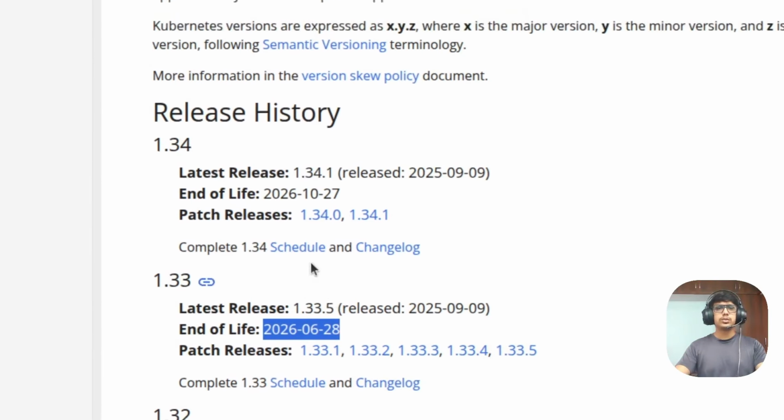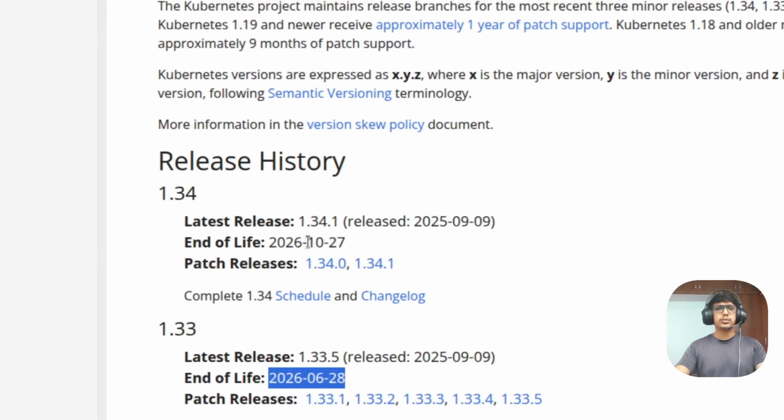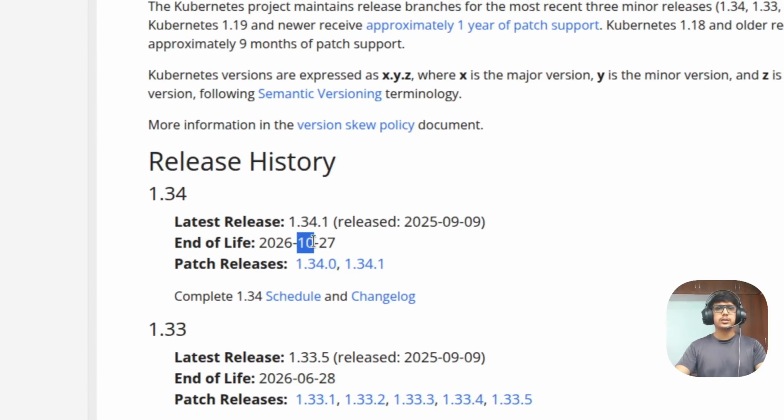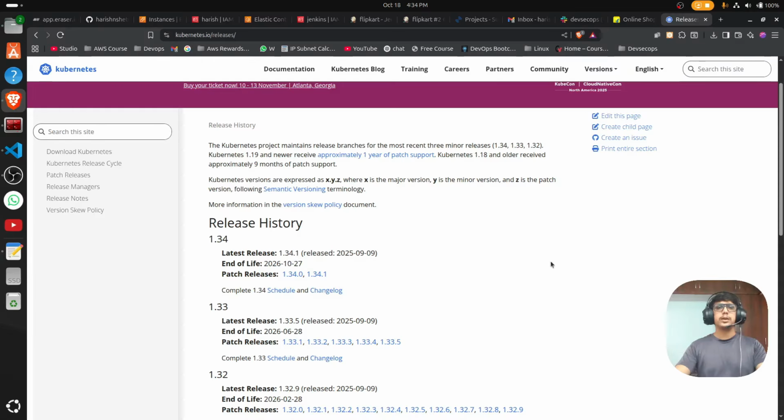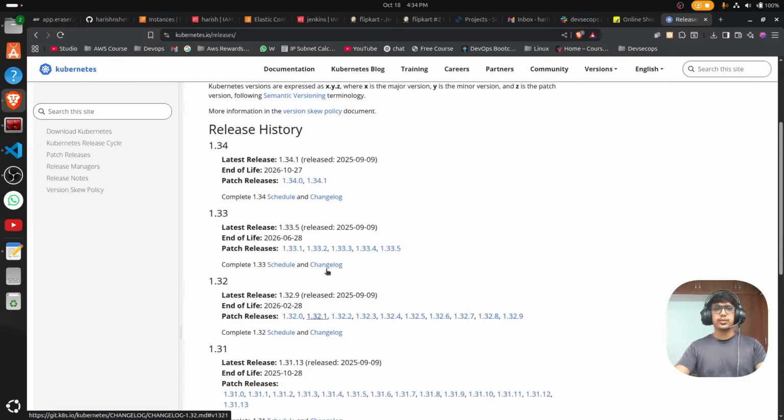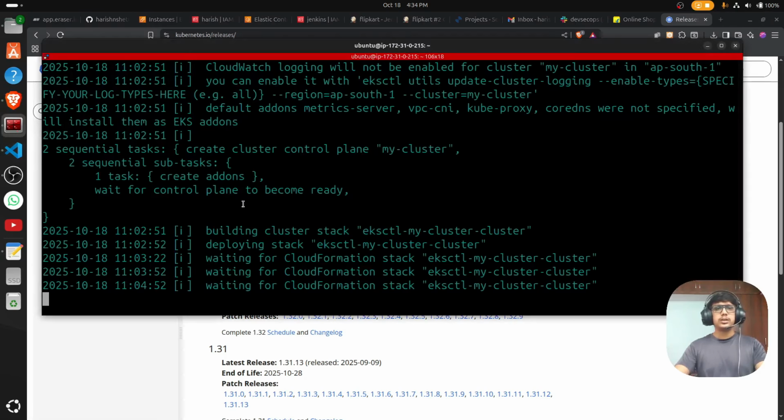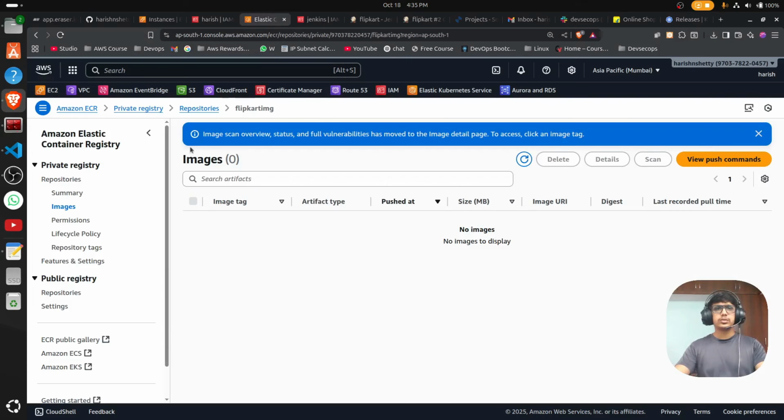So when you install 1.36, it is going to extend further by three to four months. That's why I'm saying we have to regularly check what version release is changing in the EKS cluster. So right now it's going to take 15 minutes to create the cluster. So make sure